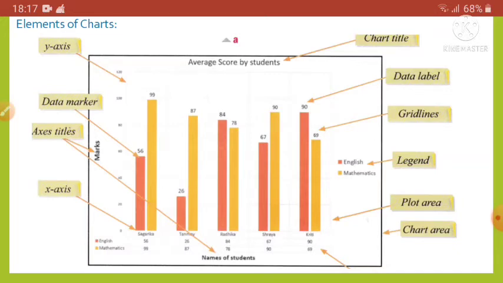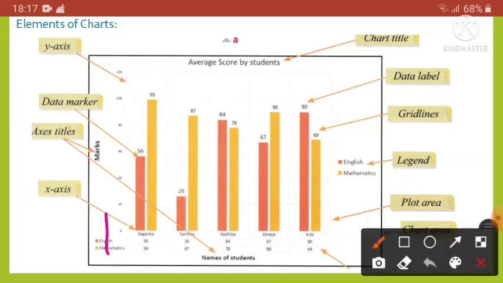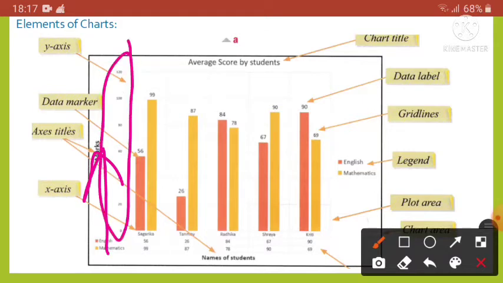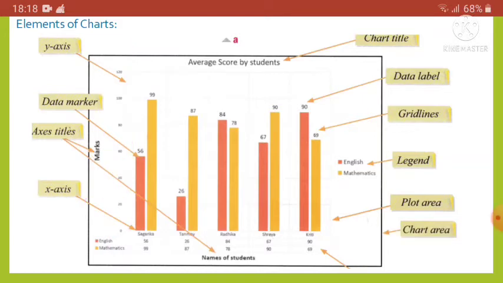Next we will learn about the y axis. So what is it? The vertical axis, you can see here, it is the vertical way. The vertical axis is called the y axis in Excel. Generally, data values taken from the worksheets are shown on the y axis. We can show you all the values here. Got it? So data values taken from the worksheets are shown on the y axis, that means on the vertical axis.